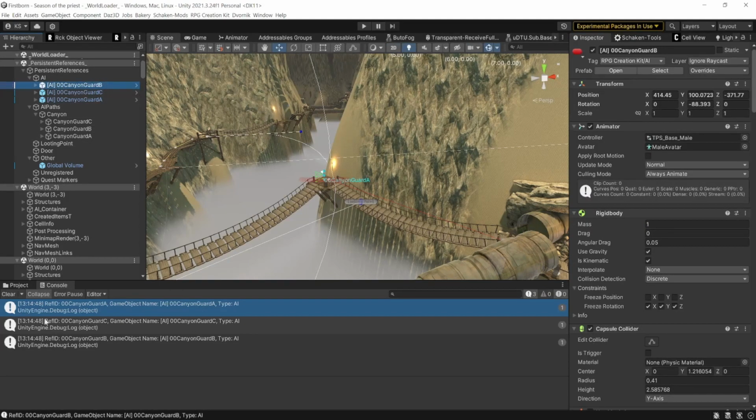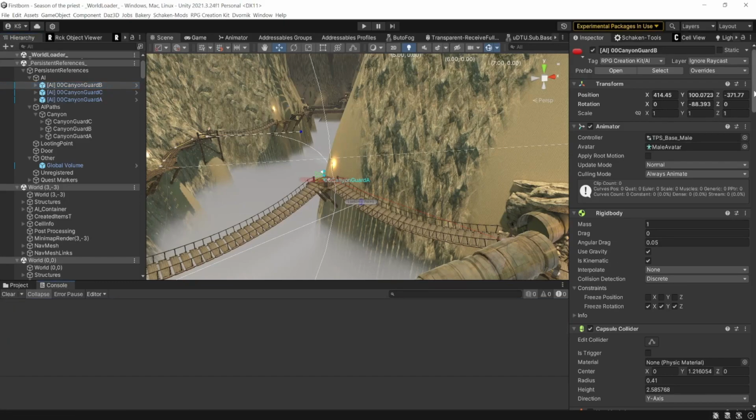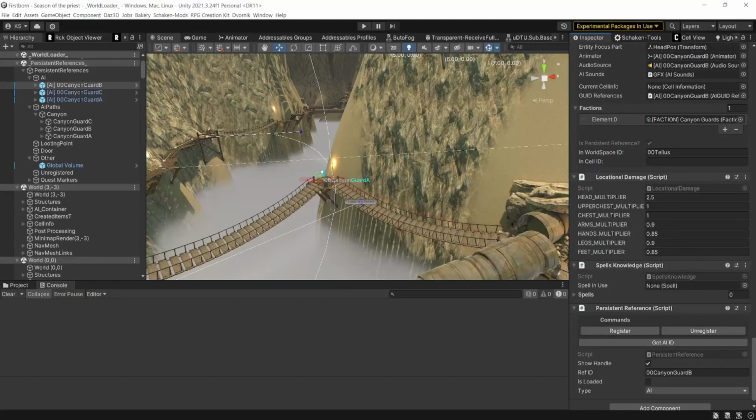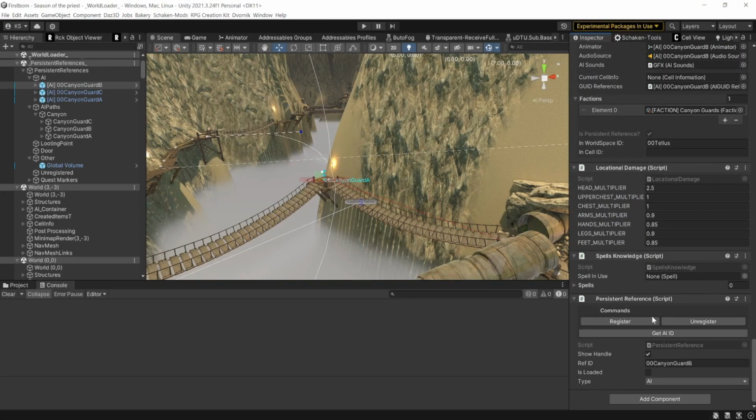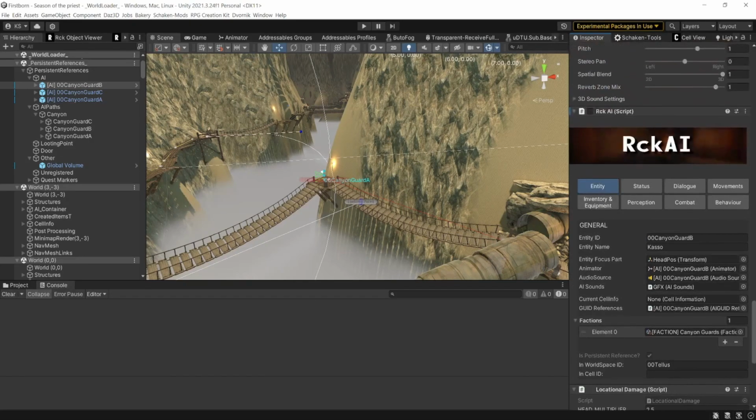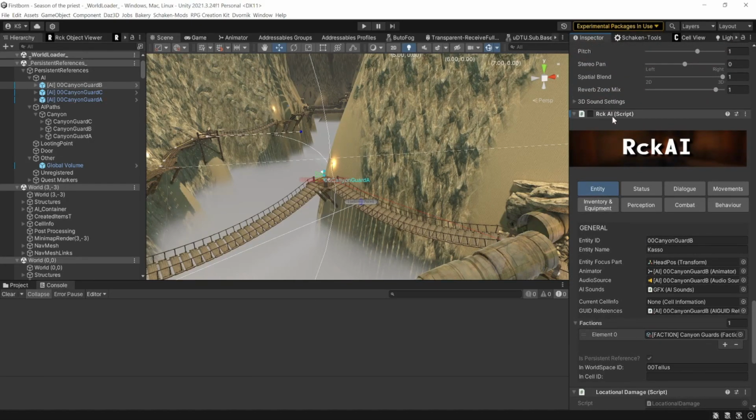You also can, I'm going to clear that again. Scroll down to the bottom of your RCK AI script, and now if you did it the long way around, which I just explained by loading 2 scenes and drag and drop and then reference, you will need to verify that your RCK AI script is unchecked. That is possibly the biggest difference between a regular persistent reference and non-persistent reference. And then you'll need to make sure that this is checked, and you need to have your world space ID